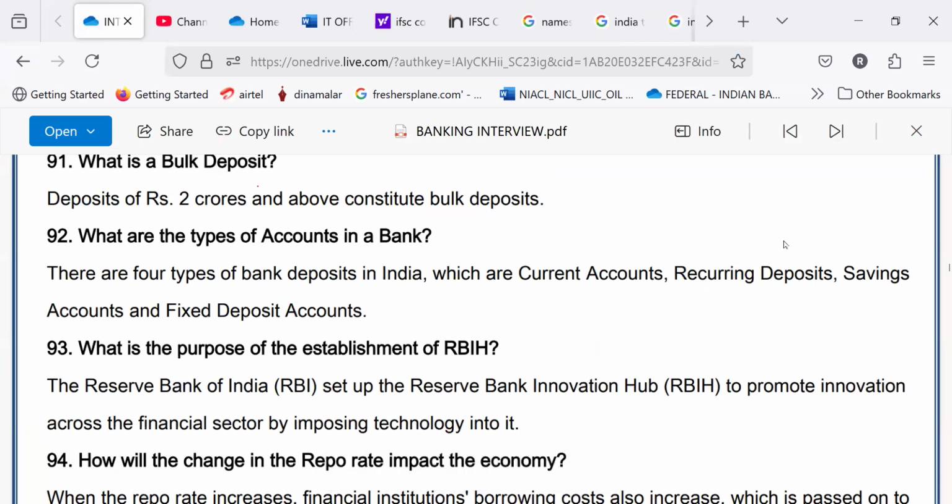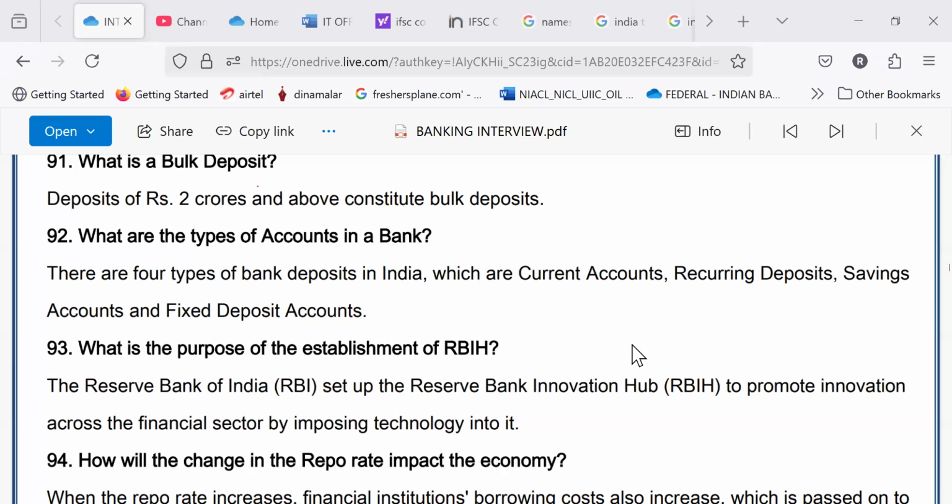Please read 92. What are the types of accounts in a bank? There are 4 types of bank deposits in India, which are current accounts, recurring deposits, saving accounts, and fixed deposit accounts. What is the purpose of the establishment of RBIH? The Reserve Bank of India set up the Reserve Bank Innovation Hub to promote innovation across the financial sector by